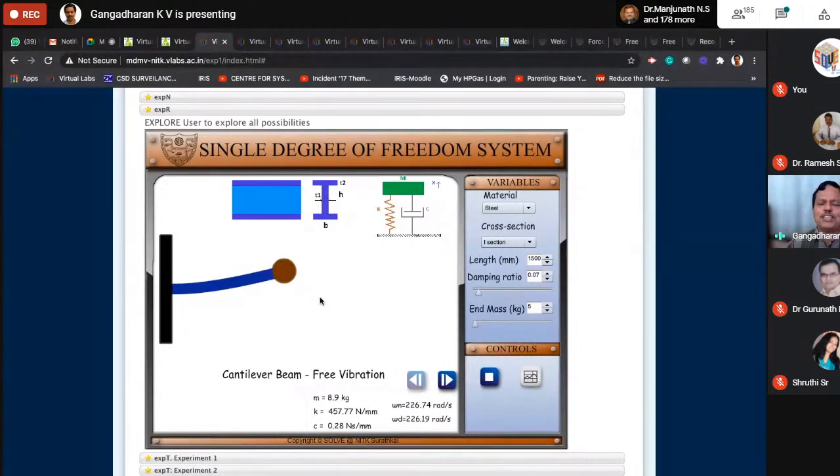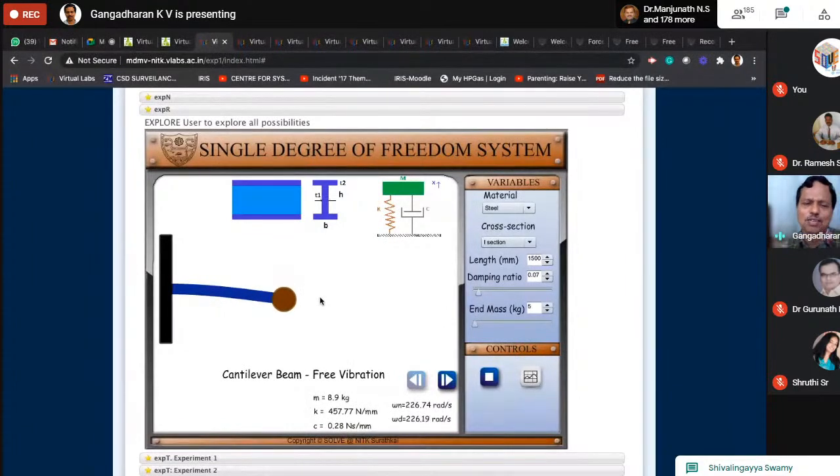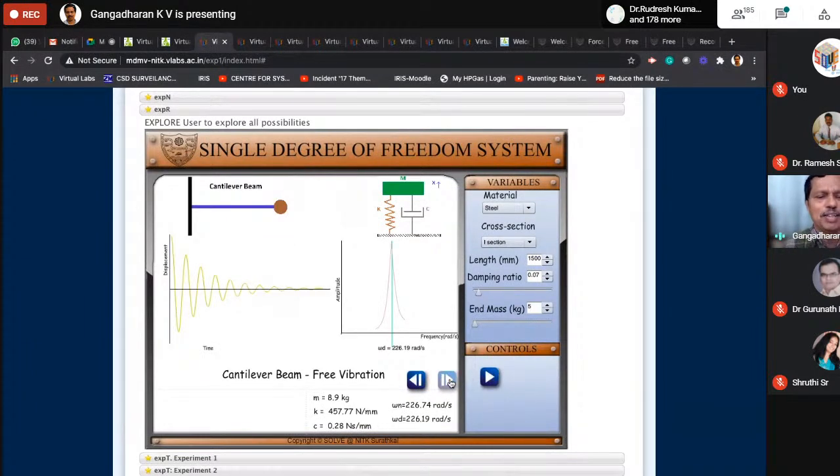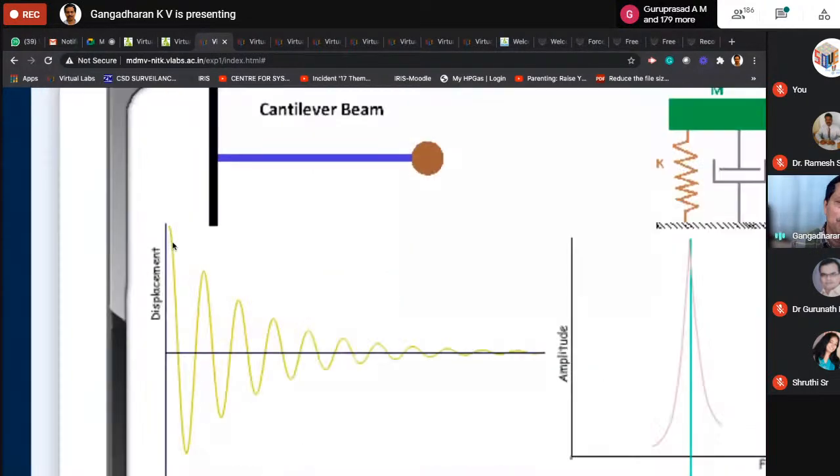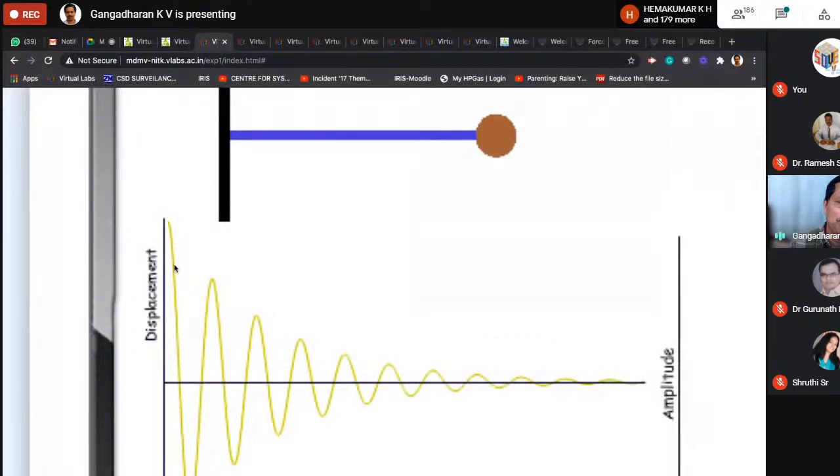What you saw in the previous demonstration was an actual experiment where remotely I am pulling the beam down and leaving it. When you pull the beam down and leave, it moves like this because you have imparted some energy and changed the position. The potential energy is what you are imparting because you are lifting it, moving it down and leaving it. At that time, t is equal to 0, no further energy input is given. That means the input given has to be sustained, unless somebody is consuming it. So whatever input you have given, you can see here, this was the displacement we got. Okay. As it comes here, this is